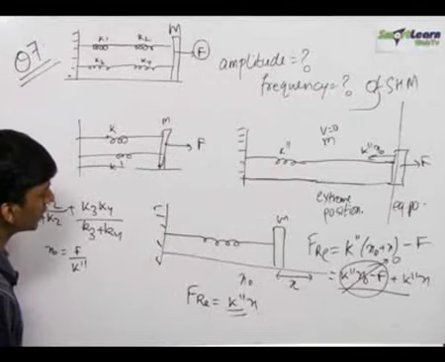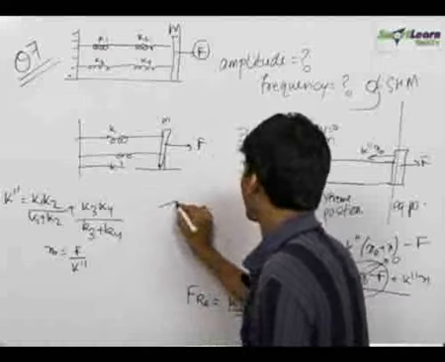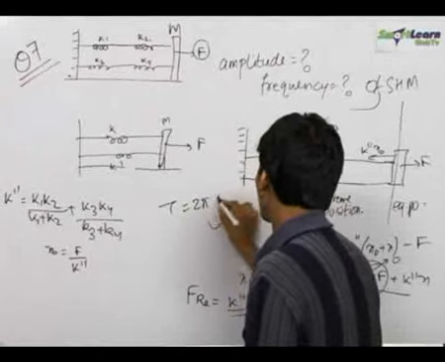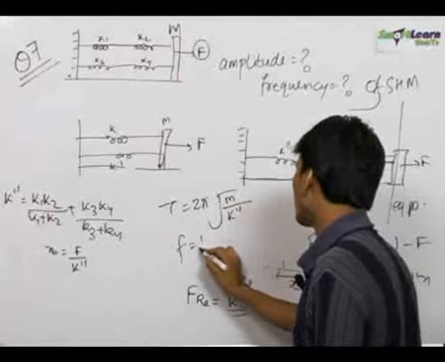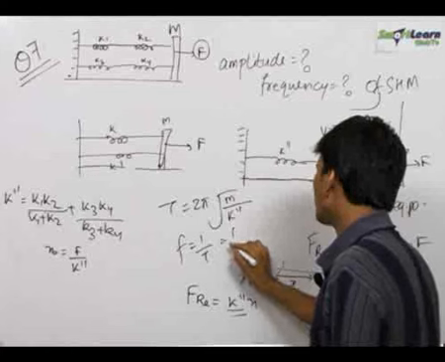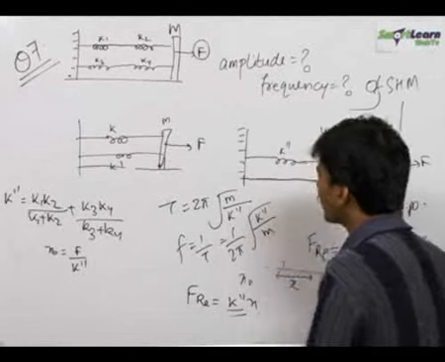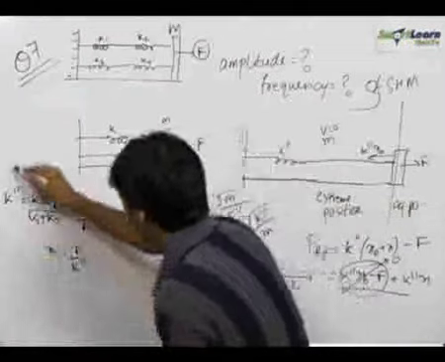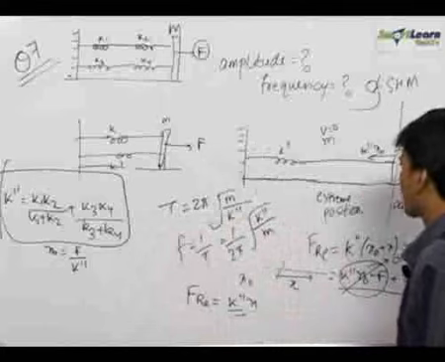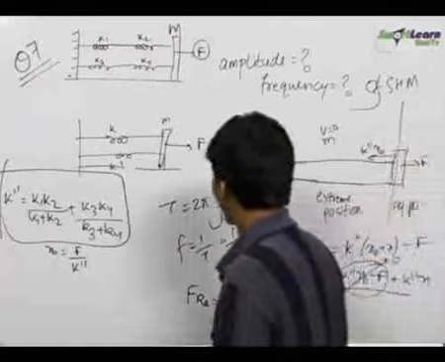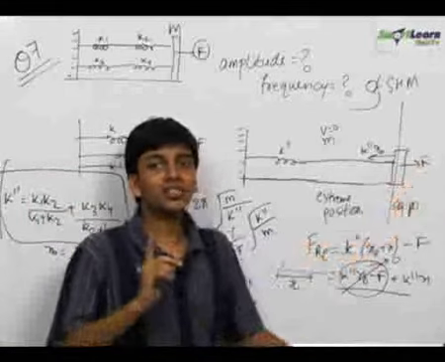Therefore, the frequency of SHM can be written as follows. Time period is equal to 2 pi root over m upon K double dash. Frequency is equal to 1 upon T is equal to 1 upon 2 pi root over K double dash upon m, where the value of K double dash is substituted to be this. So an important thing which we learned here is that a constant force can never change the time period